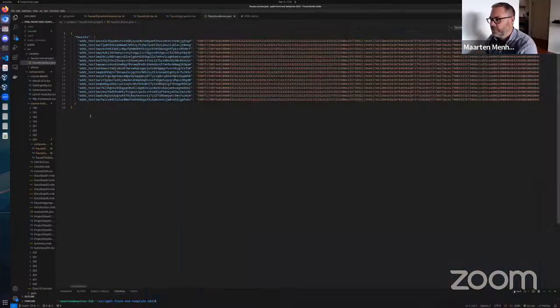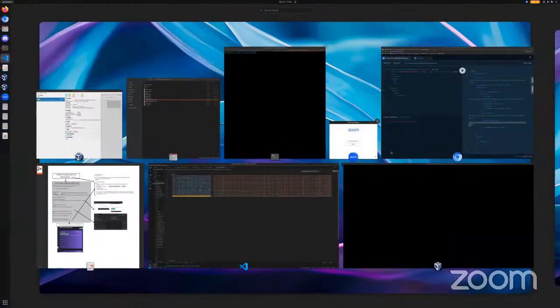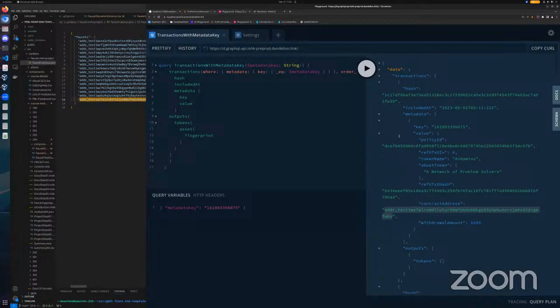So we do the query of the metadata. We say, okay, there it is. Kind of interesting that the last one you're seeing in this list is the first one you see on the metadata, right? That kind of makes sense. Okay. And then there's the CBOR that's associated with it.